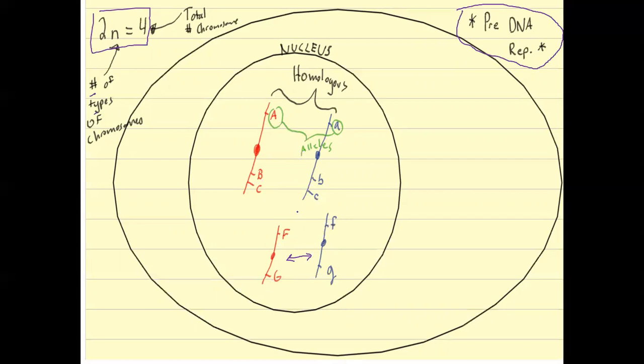So if I asked you how many chromosome types you have in this cell, hopefully you would be able to tell me you have 2 types of chromosomes, but you have 2 of each type. So that's where this ploidy state is coming from, 2n equals 4. Now, as I mentioned before, any type of cell division involves one key component, and that is